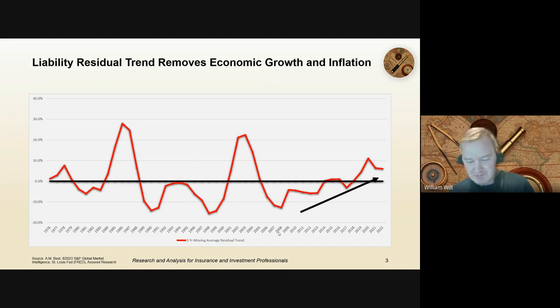You had a whole host of distrust in financial institutions and corporate America broadly as a result of the bailouts, putting that in air quotes, of so many companies coming out of the financial crisis. And it's interesting to observe that that is around the time that this residual trend in liability loss costs started